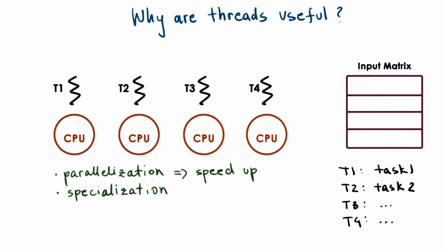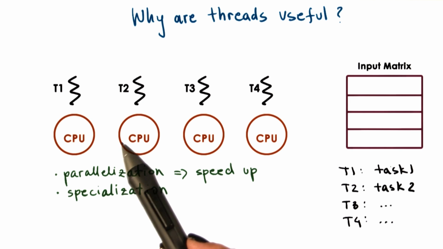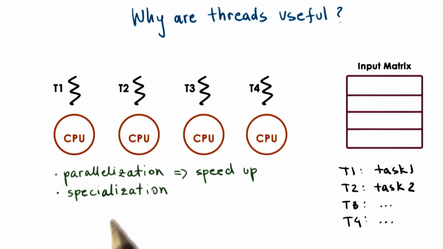By specializing different threads to run different tasks or different portions of the program, we can differentiate how we manage those threads. So for instance, we can give higher priority to those threads that handle more important tasks or more important customers. Another important benefit of partitioning what exactly are the operations executed by each thread and on each CPU